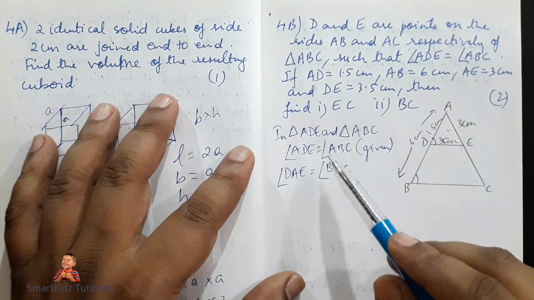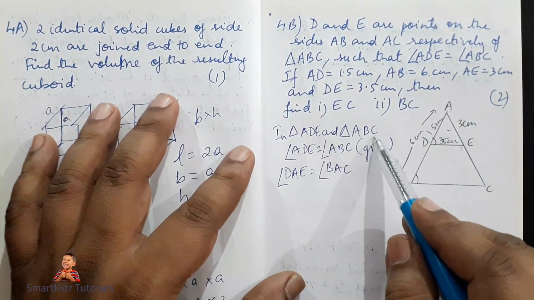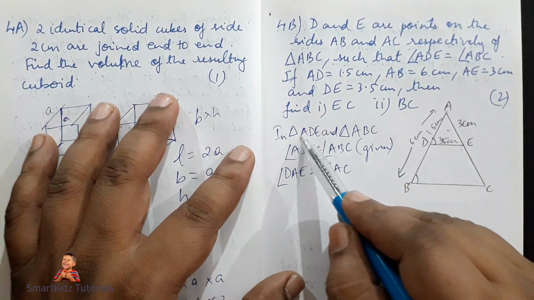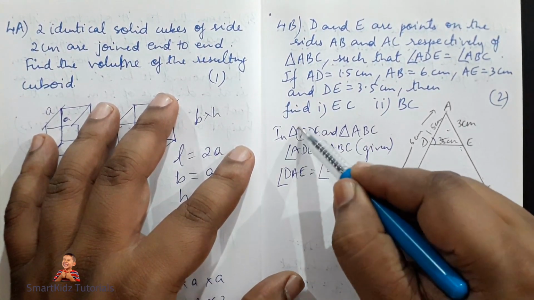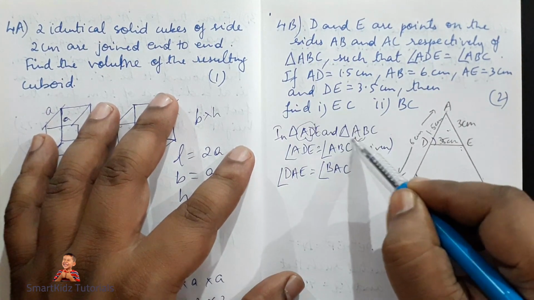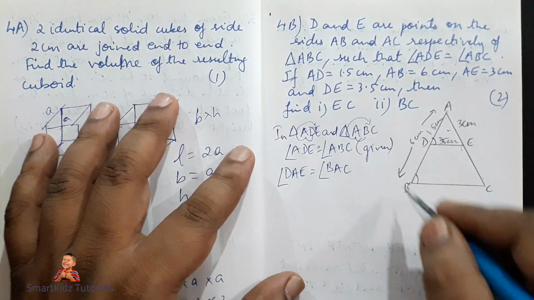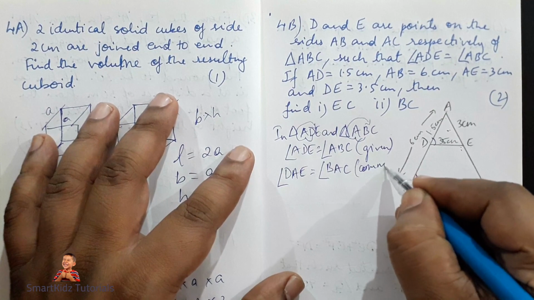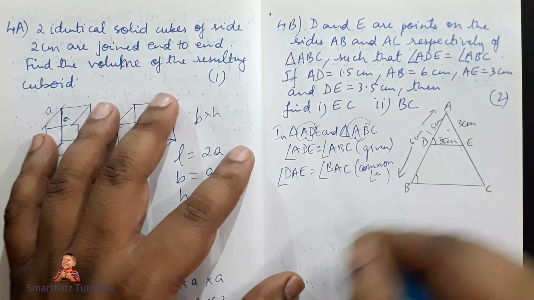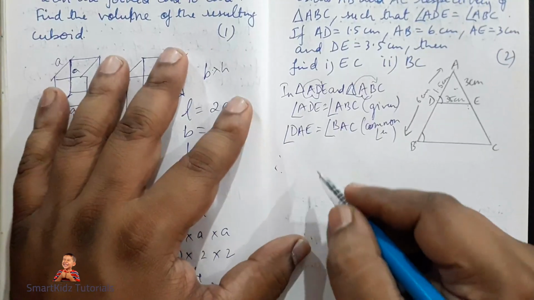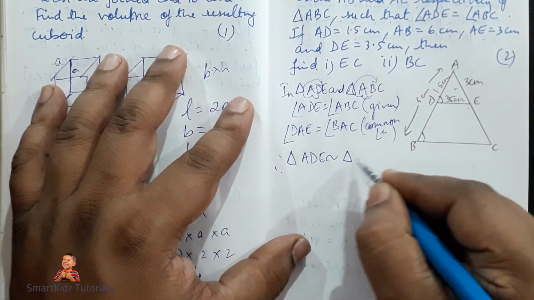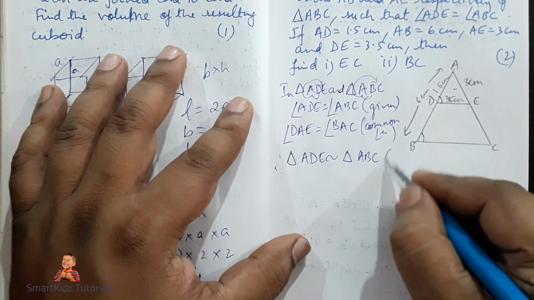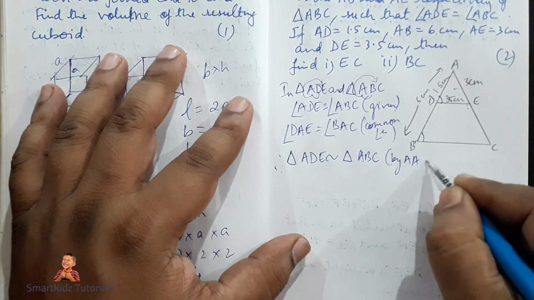Make sure you use corresponding sides. So ADE and ABC is given. So DAE, and if you take DAE then you have to take BAC. Okay, so this will be a common angle. Therefore you can say that triangle ADE is similar to triangle ABC by AA similarity